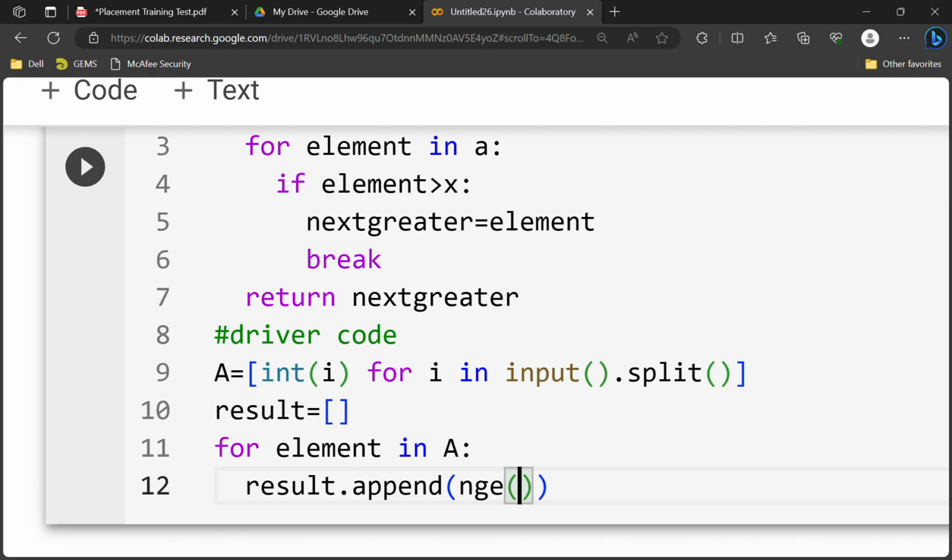If I consider for element in A, I will not be able to find the position of that element. So instead it is better to take for i in range(len(A)). This is convenient here. Why? Because I need to have the remaining portion of the array from the current element. So NGE(A[i+1:]